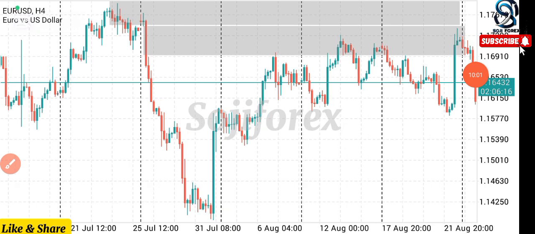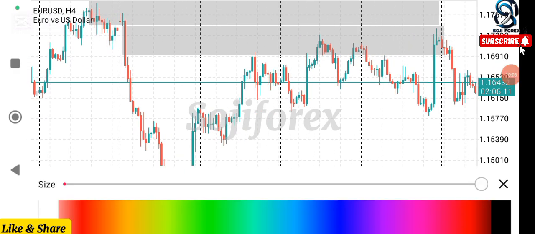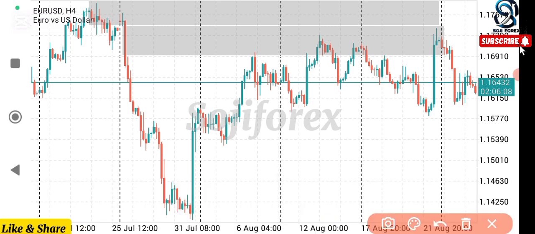So in all of this movement, we had this liquidity sitting in this zone. So if you look at this and this, anywhere you see a double top, there is always a liquidity sitting in that zone. So when you see a double top that is close to either a fair value gap or an order block, you should always know that price will always push higher to take the liquidity at that zone,